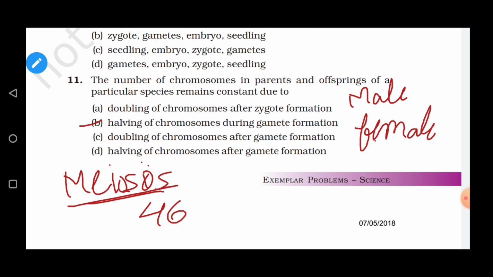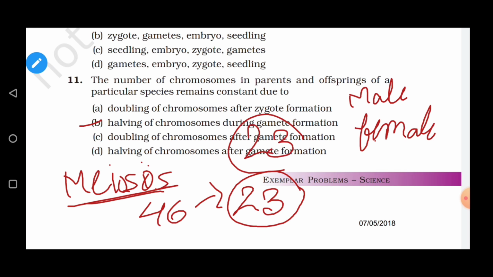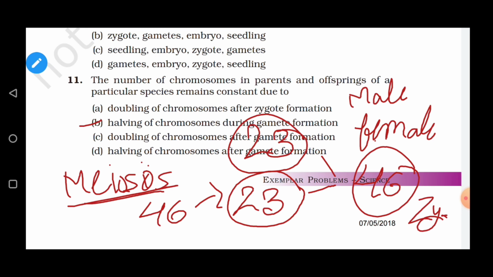The 46-chromosome containing cells divide by the process of meiosis, and it forms the cells which have half the number of chromosomes, that is 23. The 23-chromosome containing cells, male and female cells, when they fuse, form the zygote which has 46 chromosomes. So this 46-chromosome zygote further develops into the individual or an